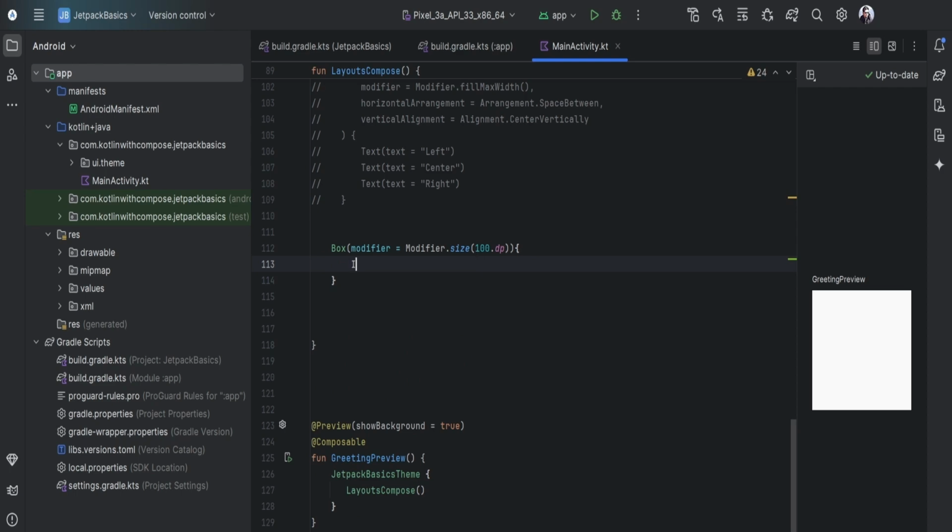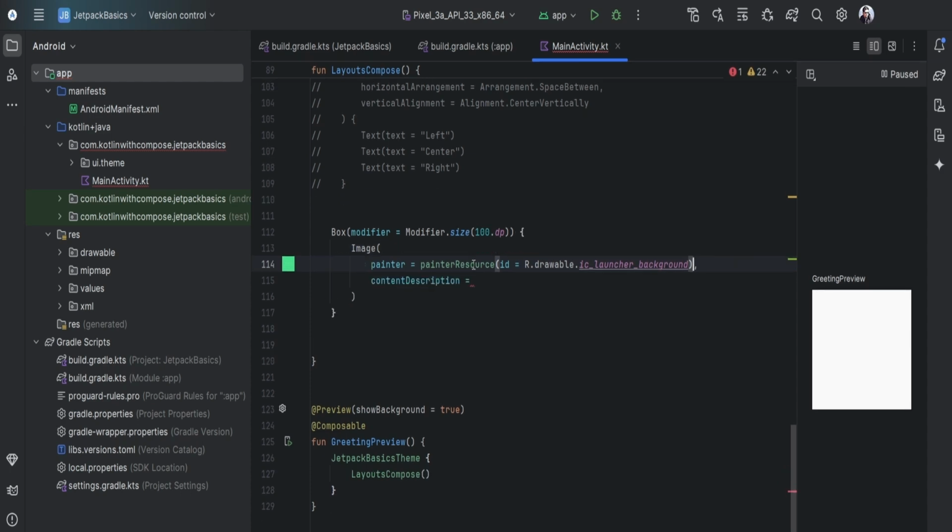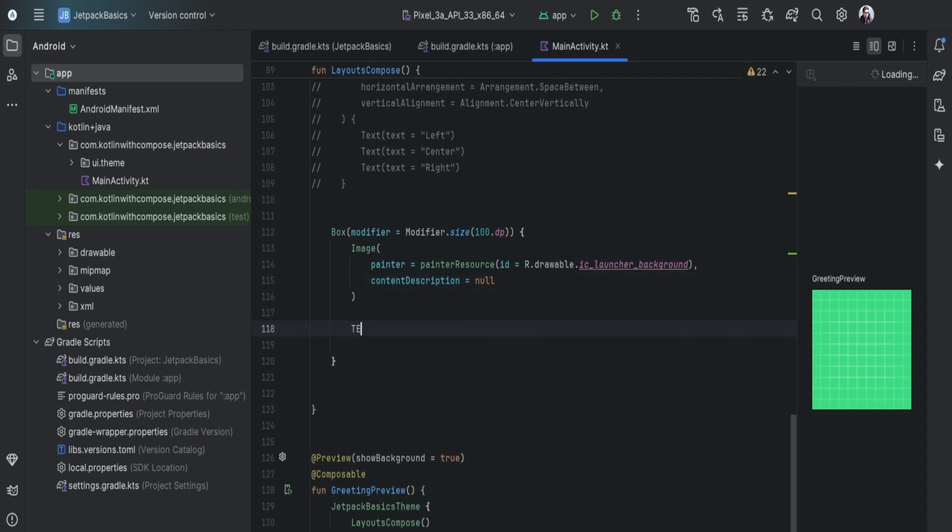Let's add image over the text, say image, and let's enter results and add travel. So there's a IC launcher background, so let's add this, and content description, let's give it null for this time. So here's an image, you can see, and now just add text over here, so it will be over the image. So let's give it a name. So let's write it overlay text here,